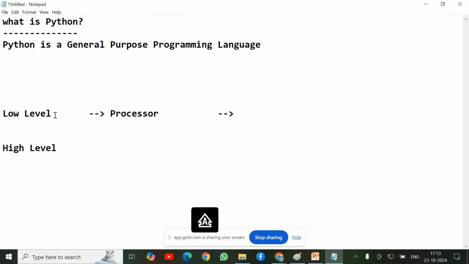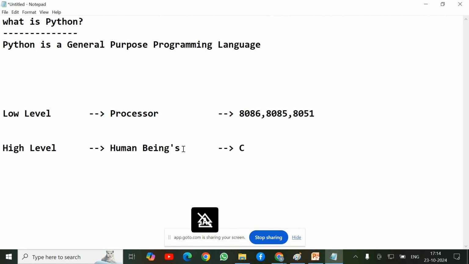Best example: 8086 instructions, 8085, 8051. These types of instruction sets we call low level. Coming to high level, any programming language instruction directly understood by human beings. That type of programming language we call high level.